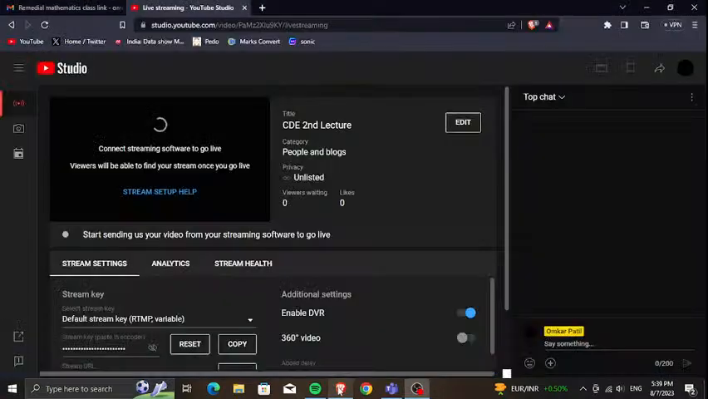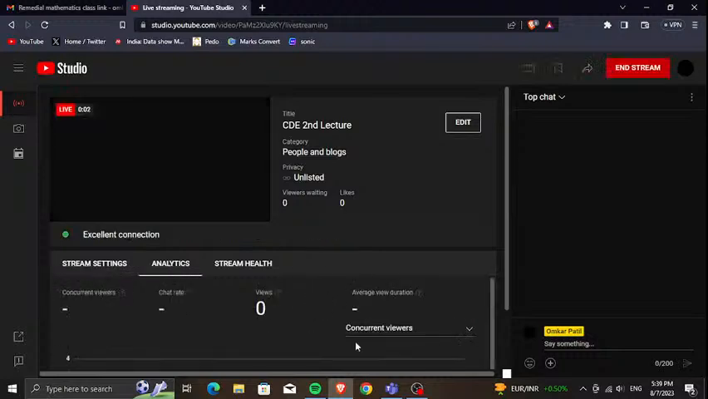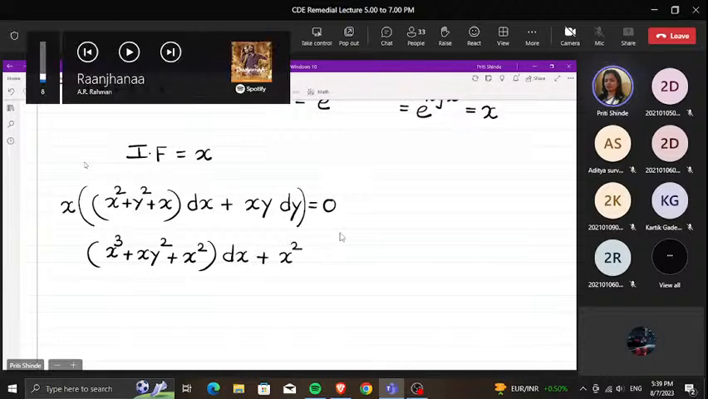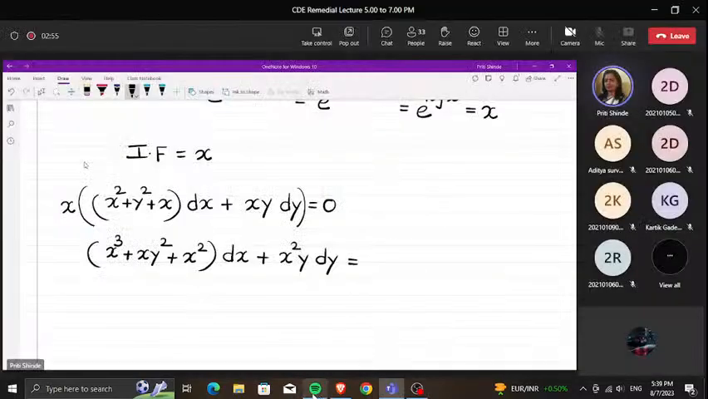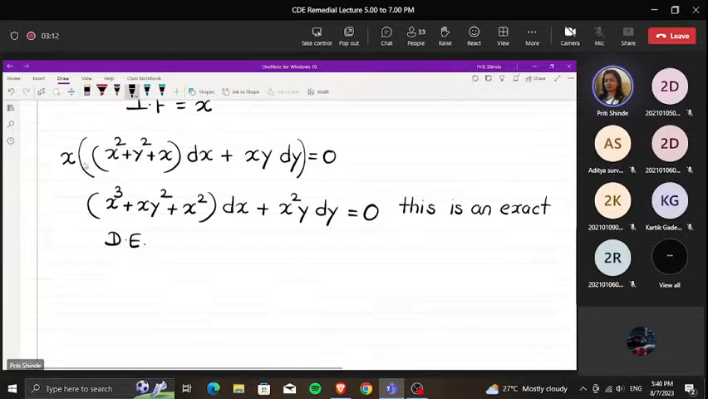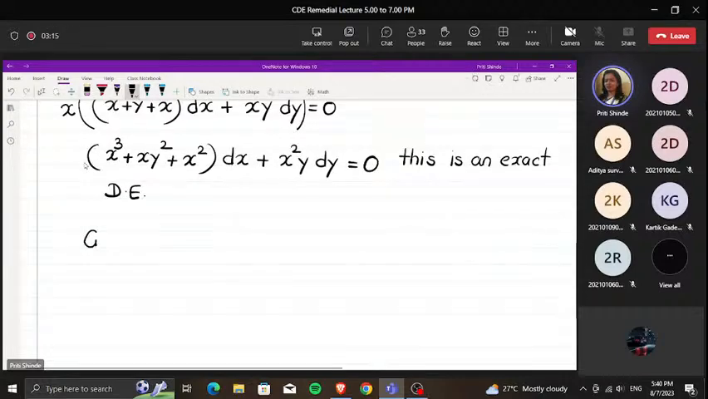x cube plus xy square plus x square dx plus x square y dy is equal to 0. If you multiply x and 0, the right hand side becomes 0. So this is an exact differential equation. Now you know how to find the general solution. So the general solution is given by,